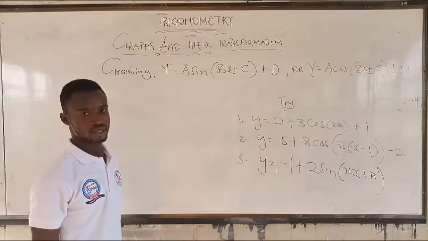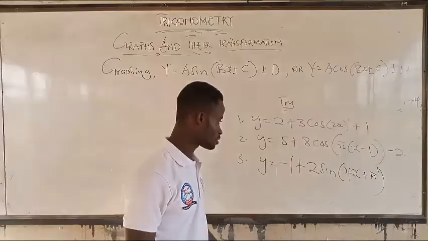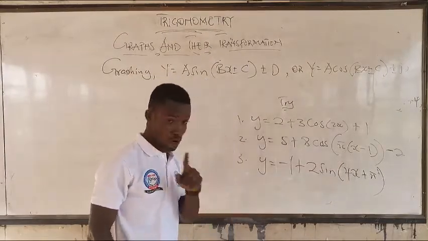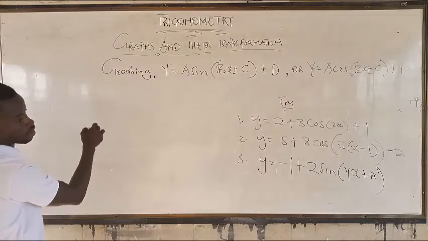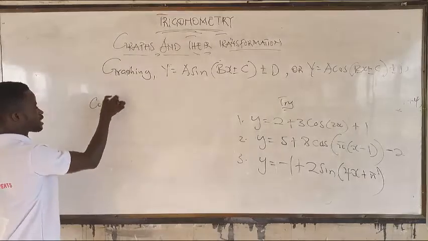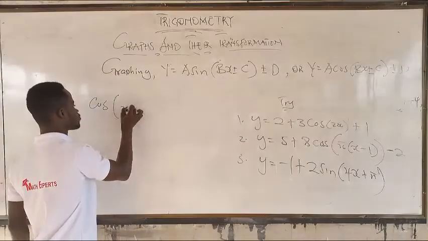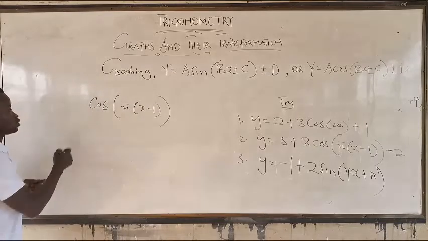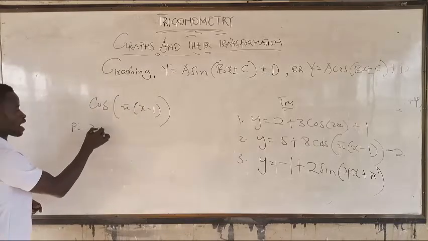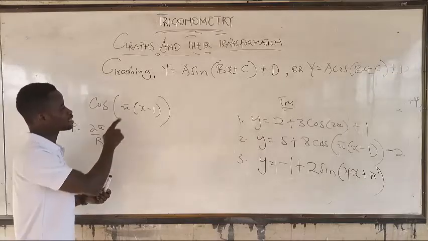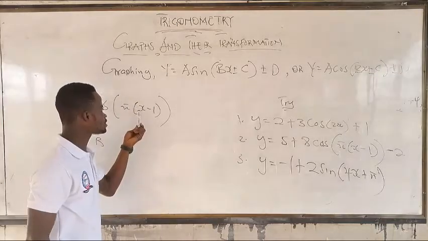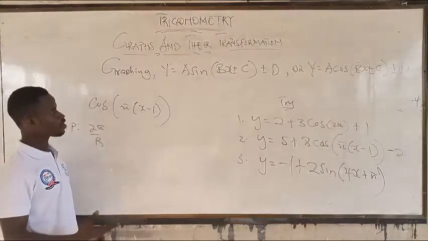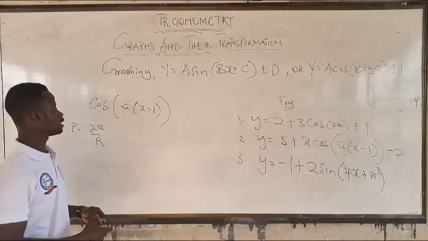Okay, let's look at that. Very good. Now, for this question, if you want to get the period, let me write only that inside because that's where the focus is. If you want to write the period for this, you know the period is 2 pi over b. But what is b here? Will you say the b is 1 because of the coefficient? Will you say that? That would be wrong. The b is not 1. But rather